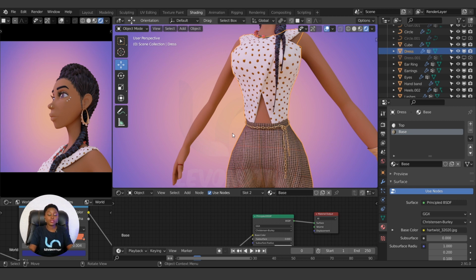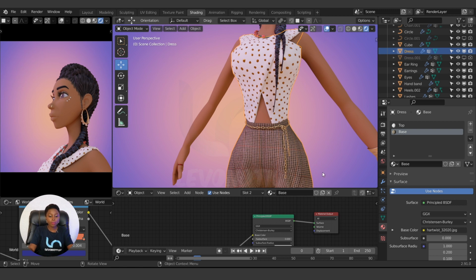The aim of this video is to bake these two materials into one texture. This can work with as many materials as you have, and with as many objects as you have. Let's say this top is a separate object and the shorts is another separate object, then it will also work.